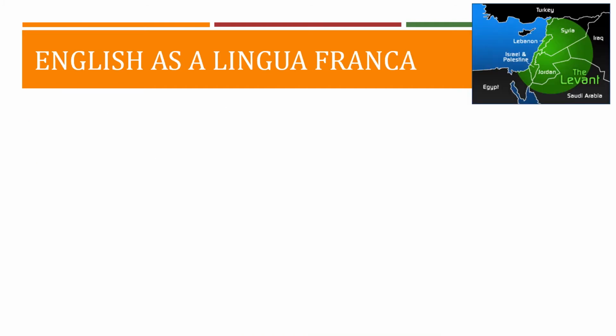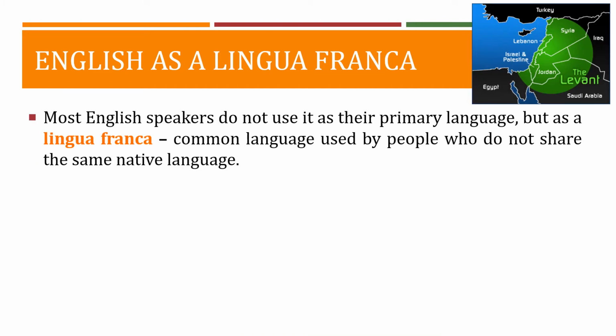So as we said, Mandarin Chinese is the most spoken first language, but English is the most spoken second language in the world, which tells us that many English speakers actually speak a different primary or native language, and they use English to communicate with other people who speak different languages. That makes English what is known as a lingua franca. This is an important vocab term that means a common language used by people who do not share the same